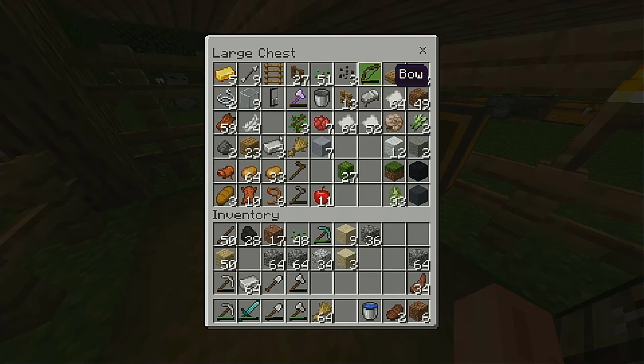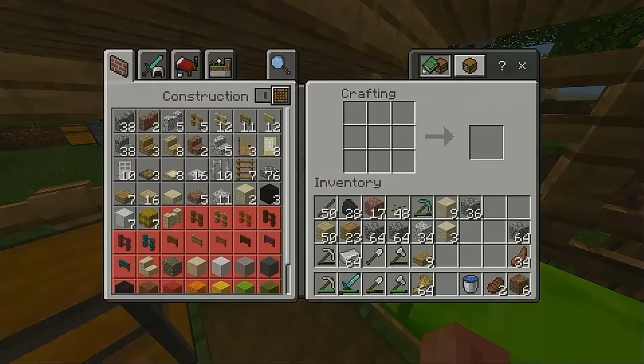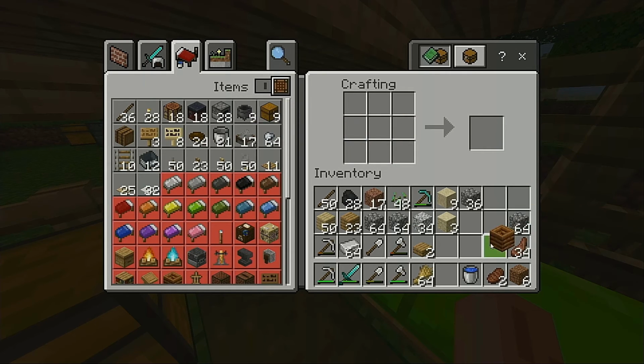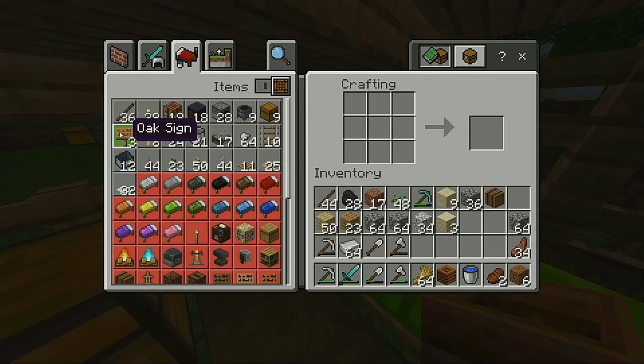I am going to take some of that. I don't remember what you need for composters, so we're going to find out. We need... Oh, it's just all slabs. All right. Well, that'll work. And then I think a couple of barrels actually wouldn't be a...